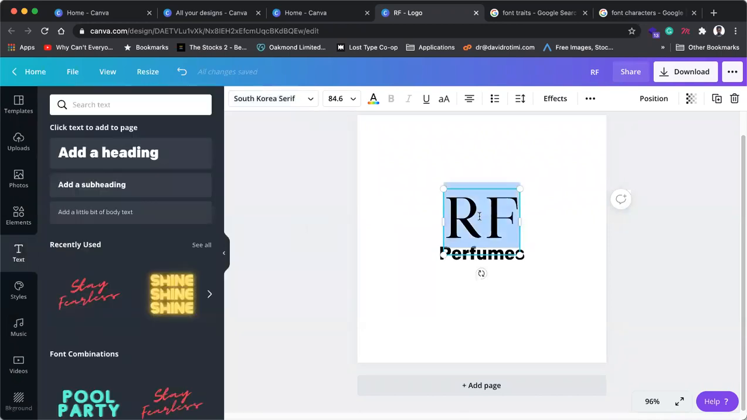Can we do something where R is bigger and F is smaller? We can do that, but then it will look like RF are not together. It will look like we are saying R raised to power F or F raised to power R, so that might be confusing for people. So there are many ways you can do this. You can actually have RF just like this. Now we want to create a good contrast, so instead of keeping perfumes as thick as it is,